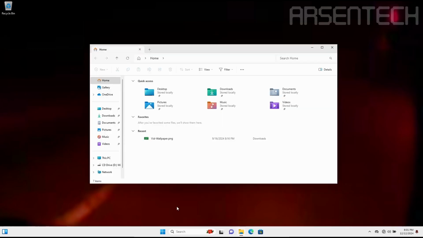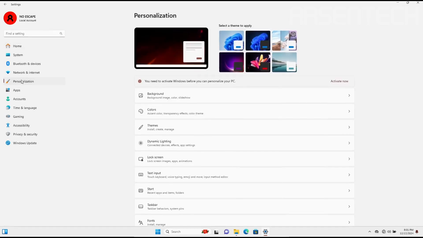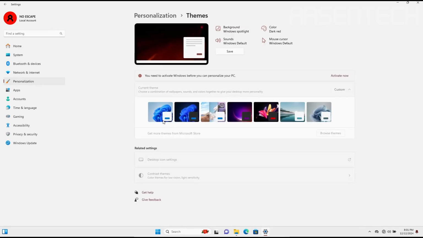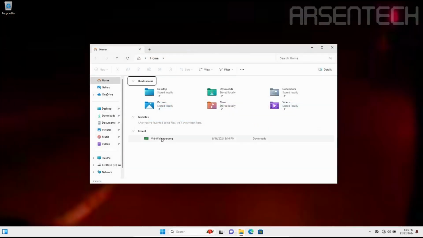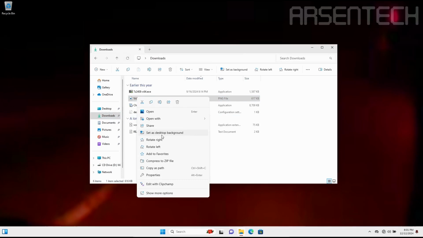If you have activated Windows, open Settings, then go to Personalization, Themes, and you shall choose a theme. But if your Windows is not activated, then just set your preferred image as a wallpaper.